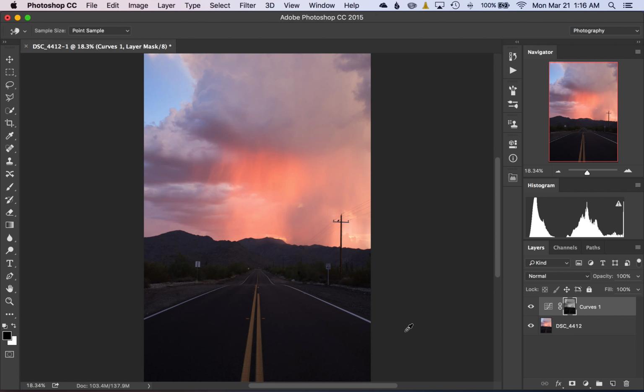So let's hold Option and click on our mask to see it again. We want a starker difference between our sky and foreground. We want the sky to show through completely, and we don't want the foreground to show through at all, meaning that we don't want to see the adjustment in the foreground at all, just the sky. So to do that, we need to get rid of all these grays. We need to just have whites in the sky and blacks in the